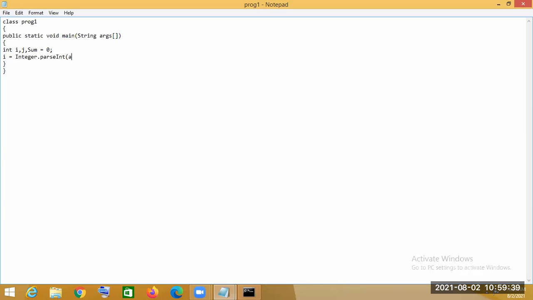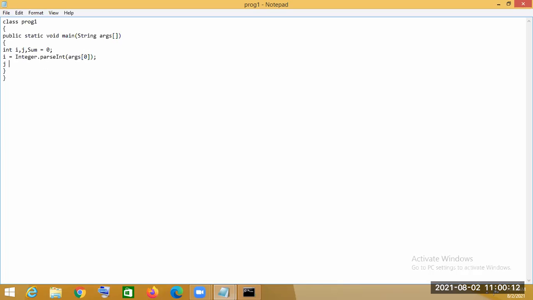So now args[0], the first index. This args[0] will be taken as a parameter as a string value, and through the Integer.parseInt method, the Integer class method will convert that string to the integer type.